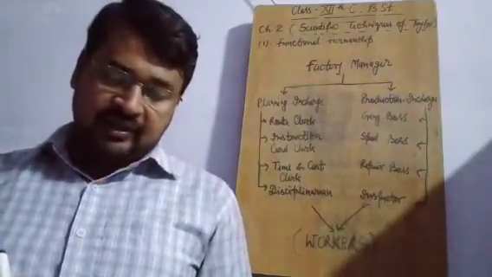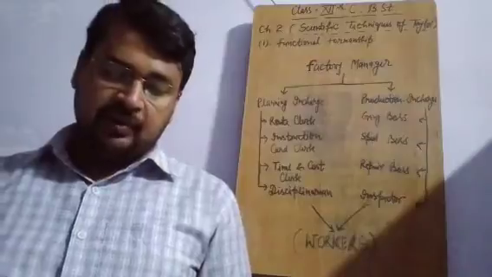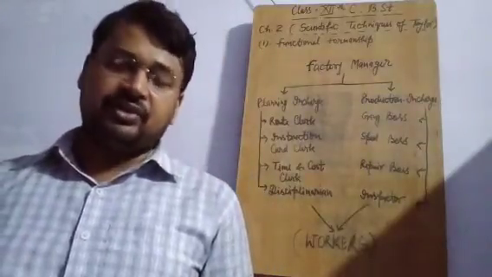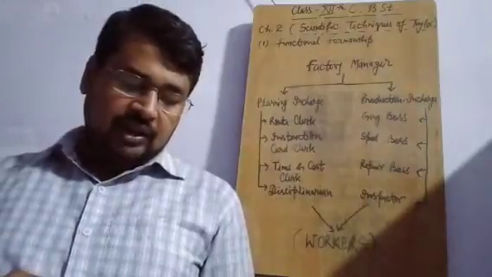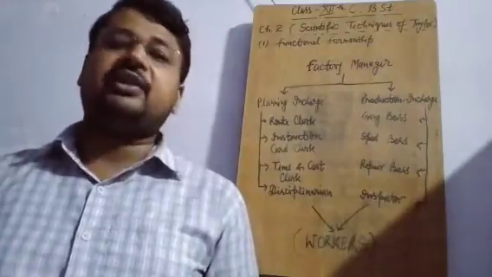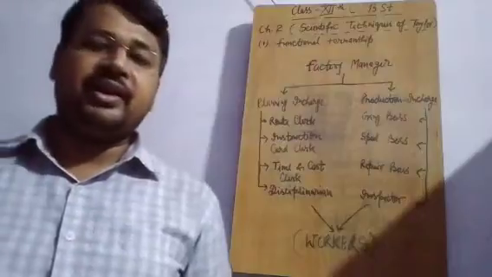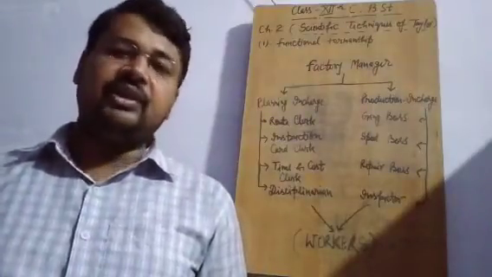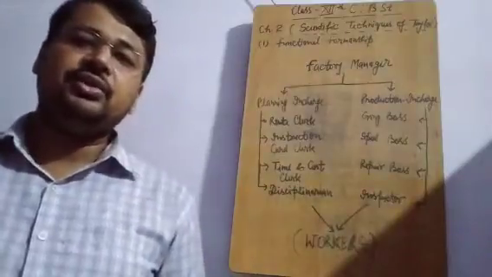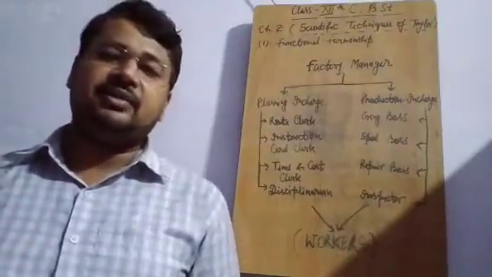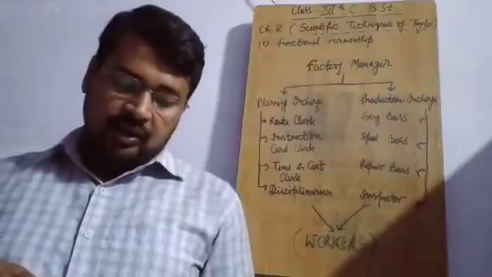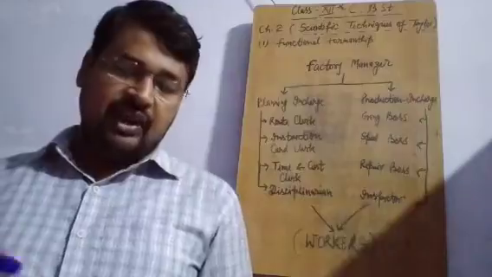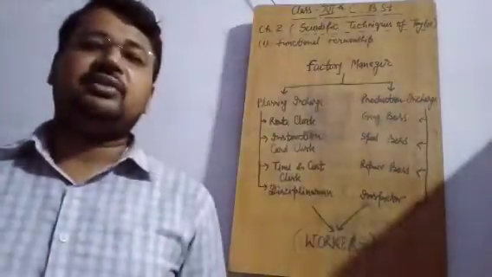You can enumerate the qualities that are written over here by Taylor: intelligent, educated, energetic, honest, specialized, or profession expert. If a foreman is equipped with all these desired qualities, then only he will be able to handle all the issues, all the responsibilities. All these qualities cannot be found in one person, so Taylor stressed on having minimum 8 experts.